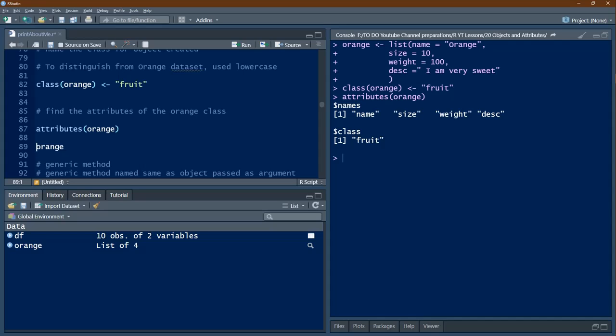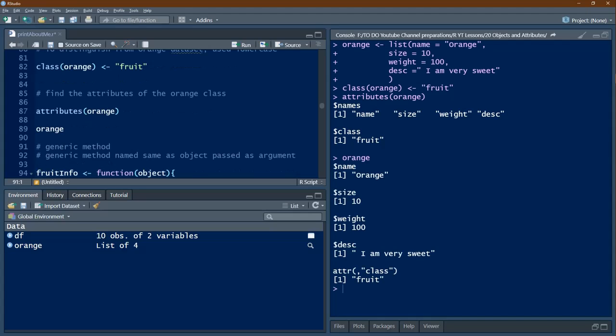We have got names. Names is one attribute. Here I am getting name, size, weight and description, which are there already in the object. And then there is a class which is fruit. So now we have understood this orange object. Now we can also ask what the orange object is. So we get that orange is a list basically. The first is name, second is size, third is weight, fourth is description, then the attribute is class. So list